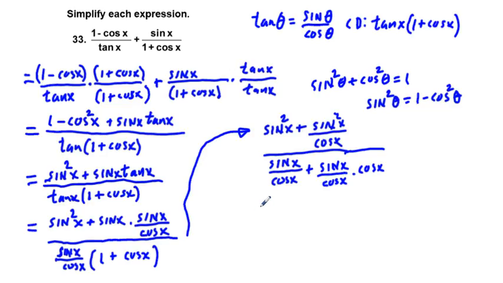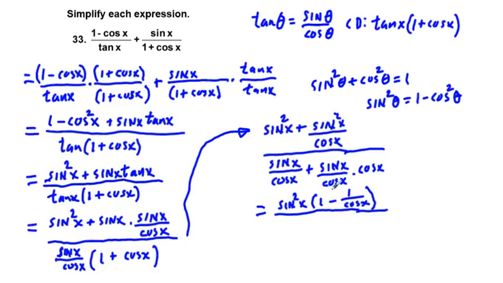Okay, so now we're going to take this. We have in the numerator sine squared x times 1 minus 1 over cosine x. And in the denominator,